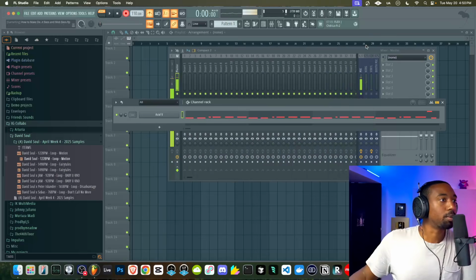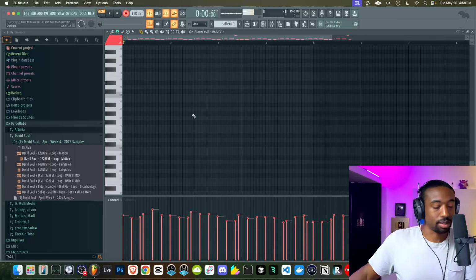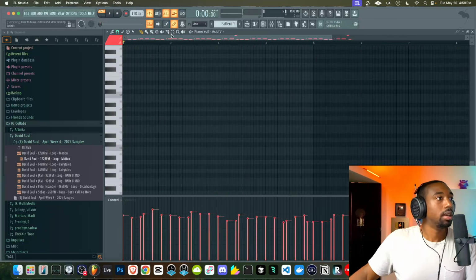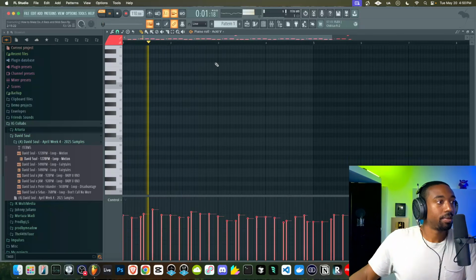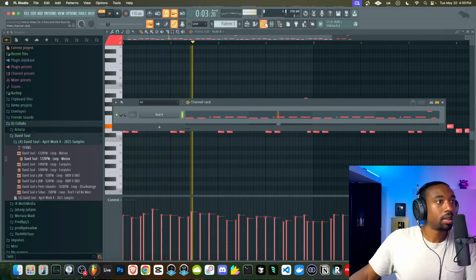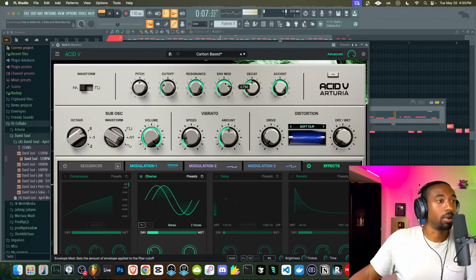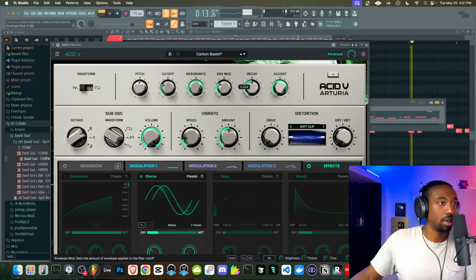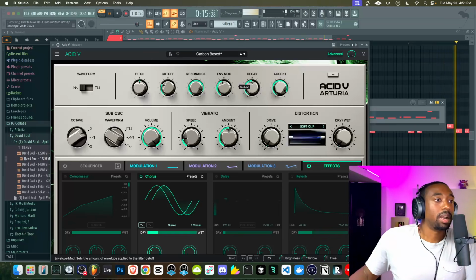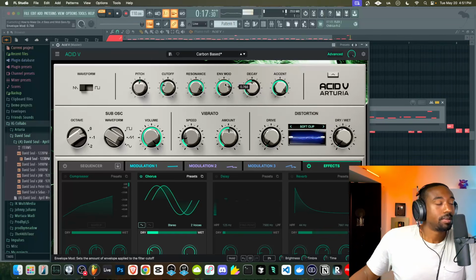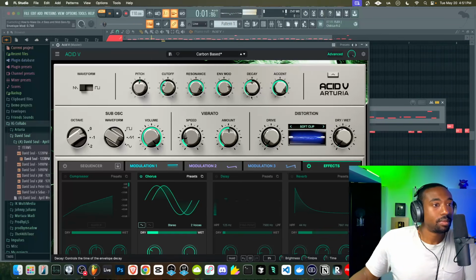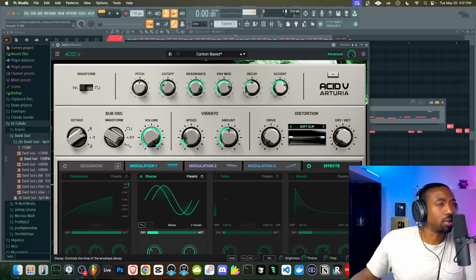So that's more of a Detroit approach. Let's quantize this to the grid real quick and just show you guys. Now, if I start lowering the envelope, we're getting more of a West Coast sound, even with the same notes. Simply just harmonic content. I don't know why some notes hit that like loud note, whereas others don't.